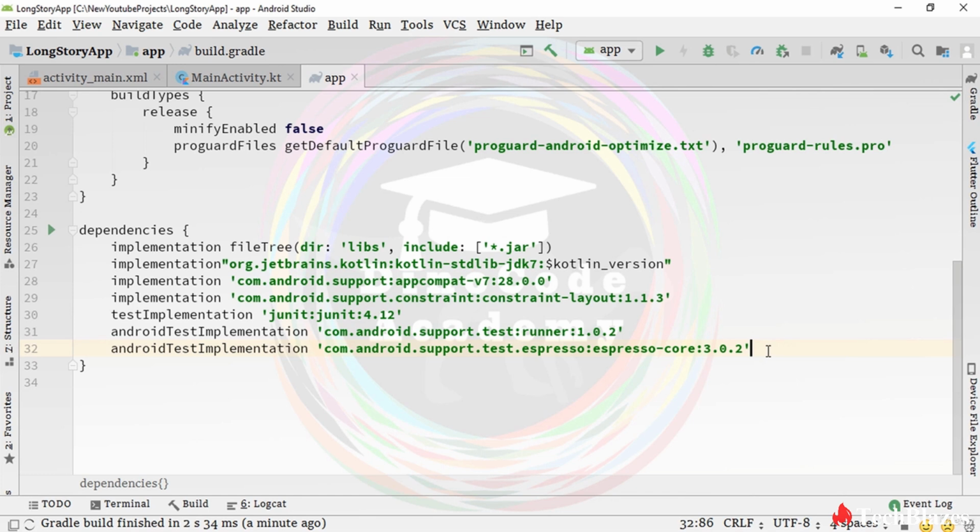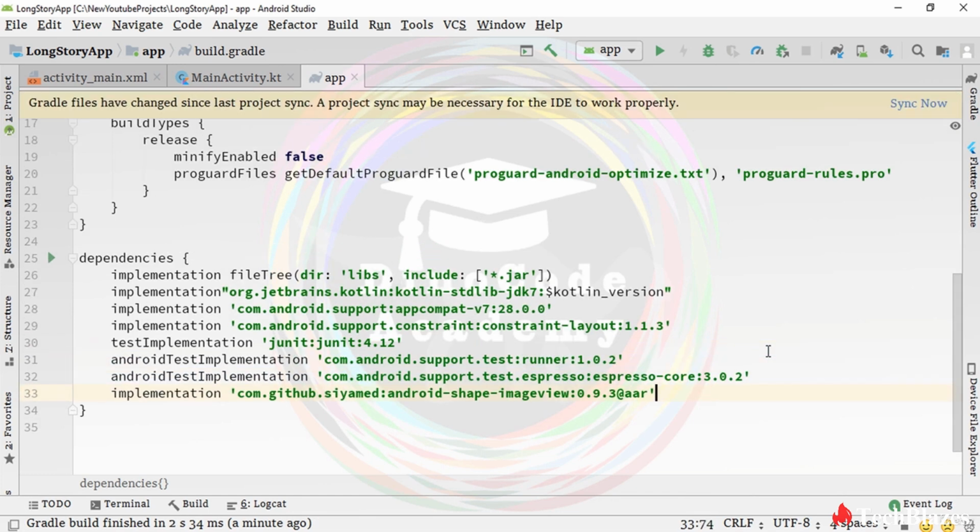So I'm going to paste it at the end of this dependency, and you can see that now Gradle is asking to sync the project, and this is because there is something changed in our build.gradle file. So that's why Gradle is asking to sync the project so that everything works properly. So just click on this Sync Now button,